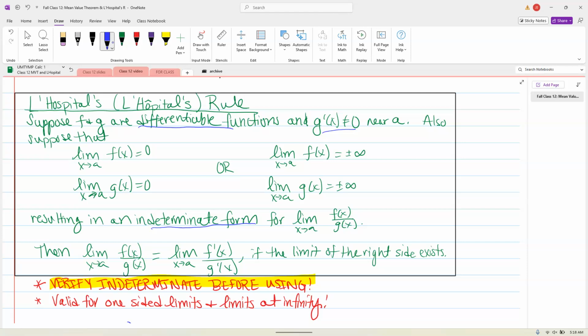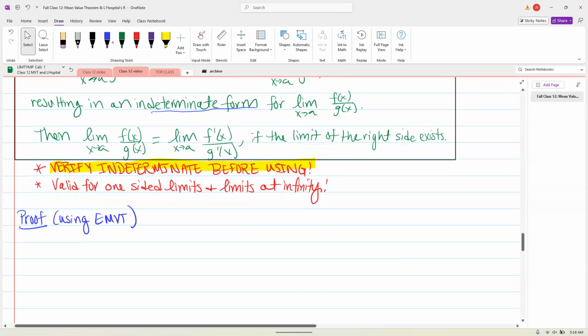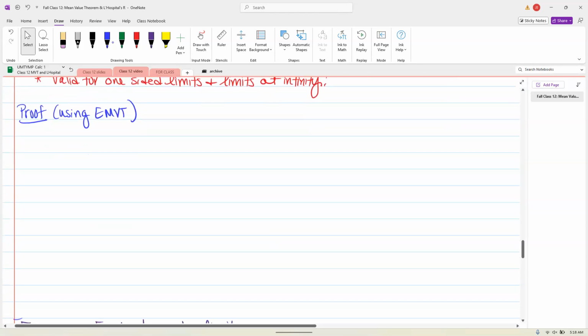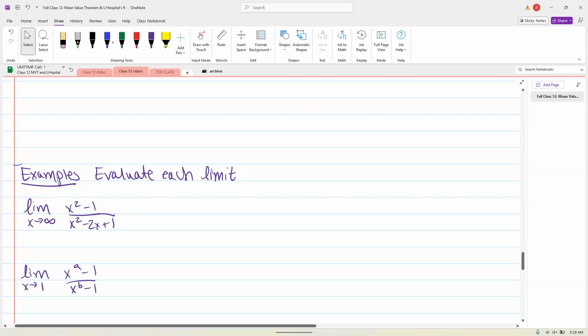Okay, now normally I would prove this, and the reason we talked about the extended mean value theorem is that the extended mean value theorem is used in the proof. Okay, I'm not going to do that. Instead, I have posted a link to the proof using the extended mean value theorem. There are other versions of the proof too. So if you are eager to see other types of proofs, you sure can. But that I think is all I am going to do. We can do a couple of examples for this video, and then we're going to move on.